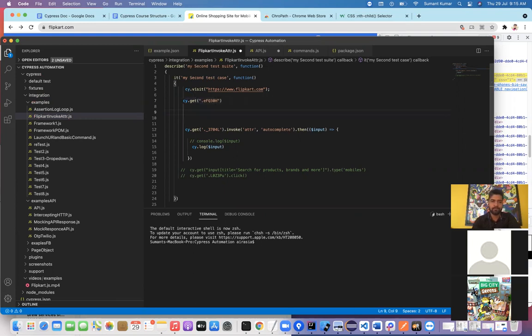So for this I will give eq, and I will write, let's see, 5. Sometimes it works, sometimes it does not work, so you have to find out the correct way, which one will work. So dot click, and this other one I want to comment.